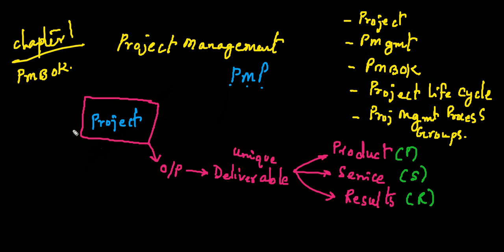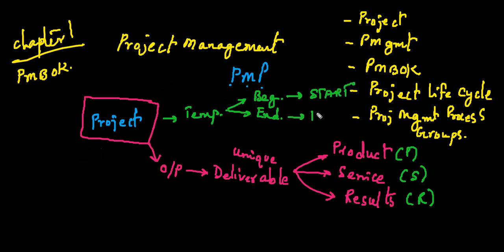So, fast: a project is a temporary endeavor. There are a couple of important terms you need to understand. What is temporary? Temporary means something which has a beginning and an end. Beginning, can we say start? And can we say finish? So a project is a temporary endeavor, a temporary activity which has a start and a finish,